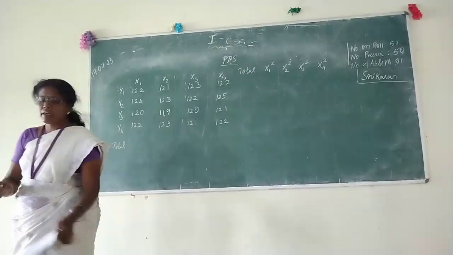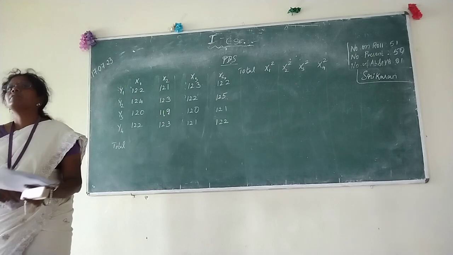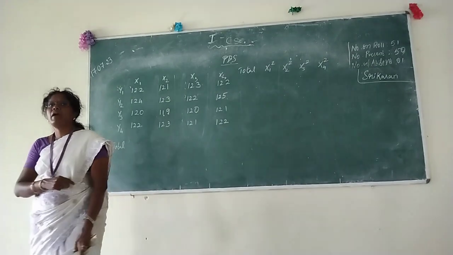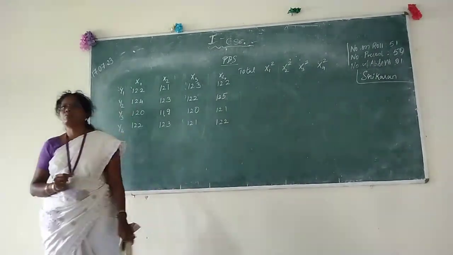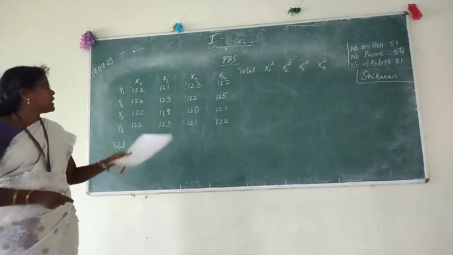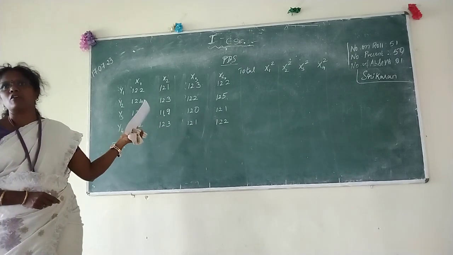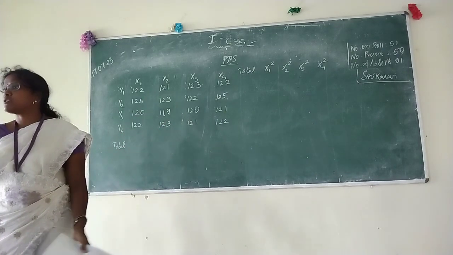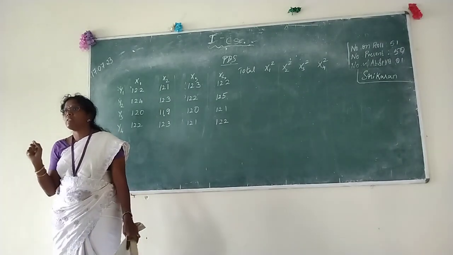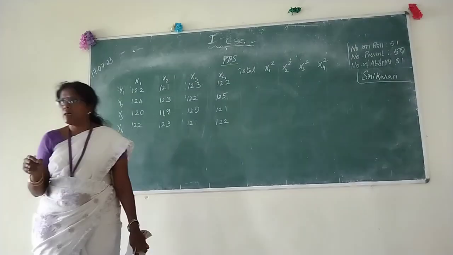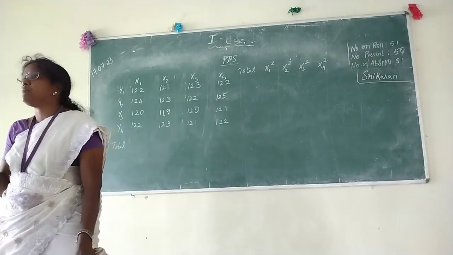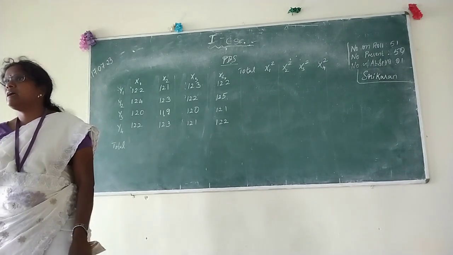As you are using a calculator, don't bother about the larger numbers, you can find the answers. Even then, if you find it difficult, there is one way of reducing it to a smaller number, like coding. You can assume a common number from the entire data and subtract it from all the others. Then you can reduce it to a smaller number so that the calculation will be easy, and then proceed. But whether you convert to a smaller number or use the original data, TSS, SSC, SSR, all those values should be the same. There will not be any difference in the answer.